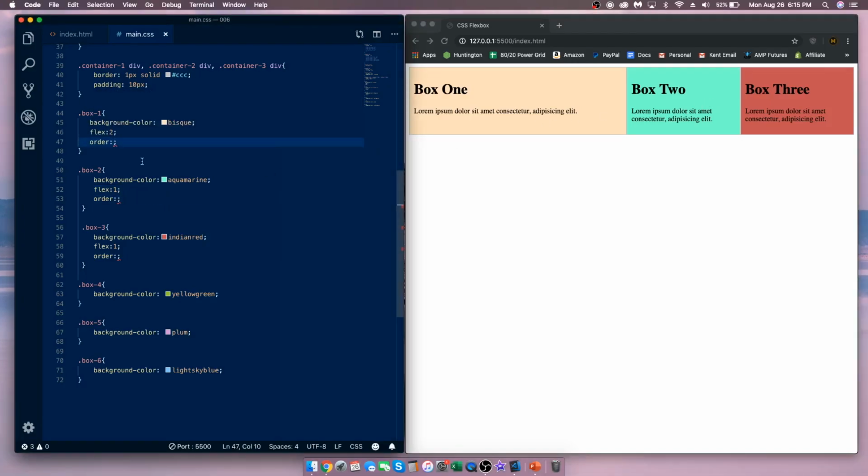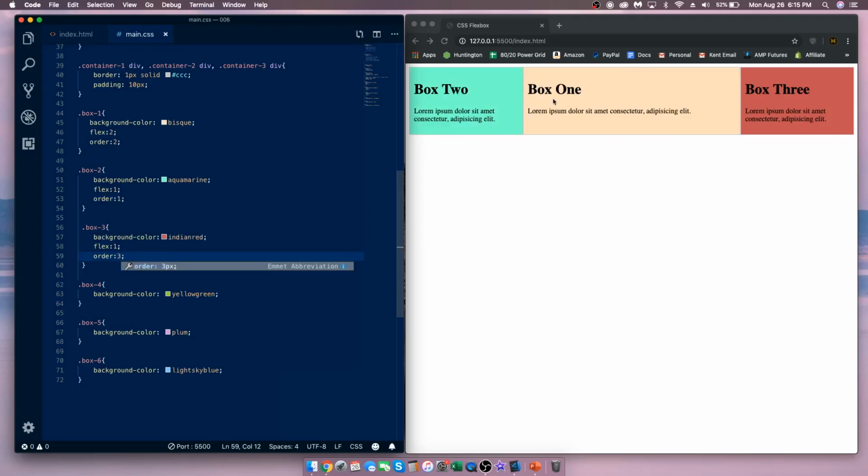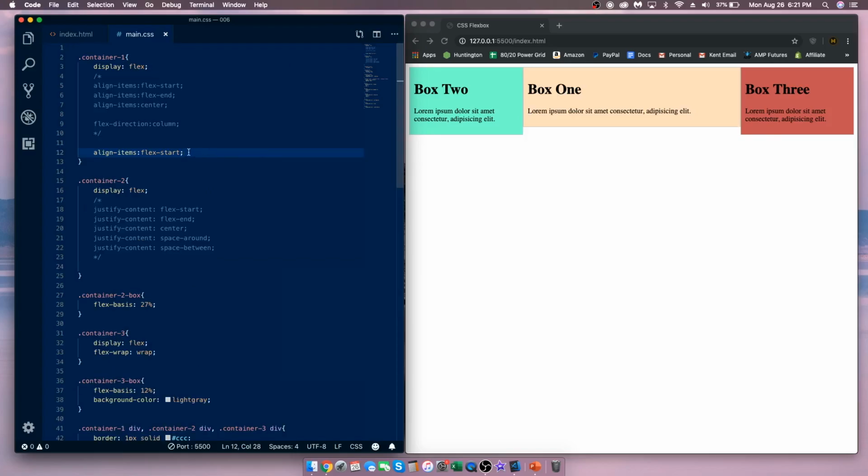So for box 1, we want it to be in the second place. For box 2, we want it to be in the first place. And then for box 3, that's going to stay in the third place. So if we were to reload this, you're going to see box 1 will move to the center, and it's just that easy. So once we paste it on the outside and live reload,